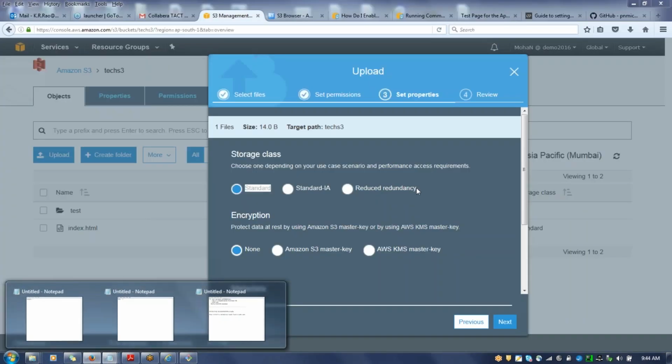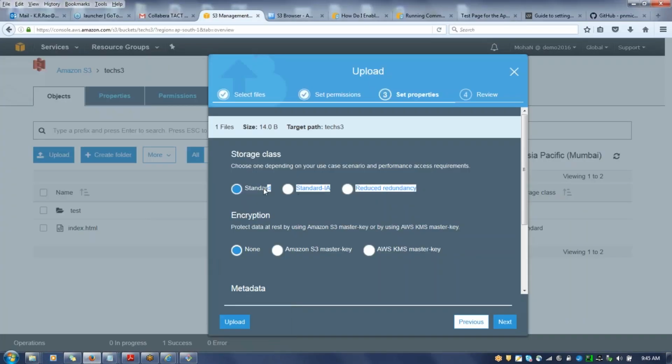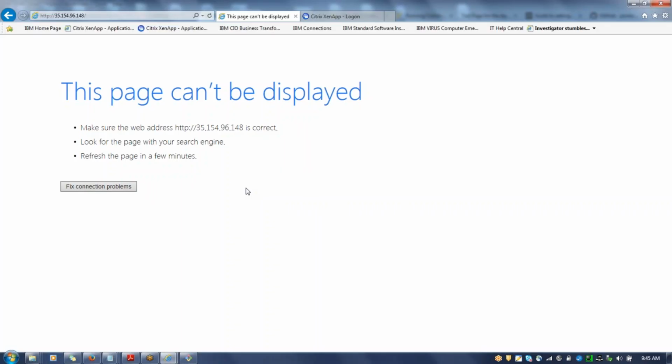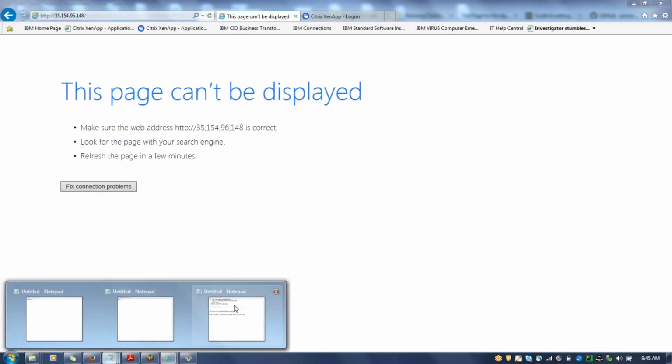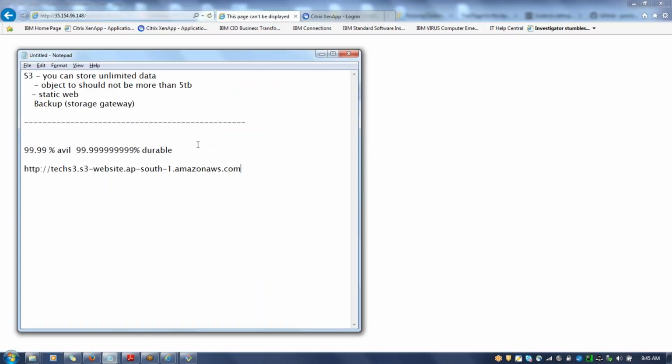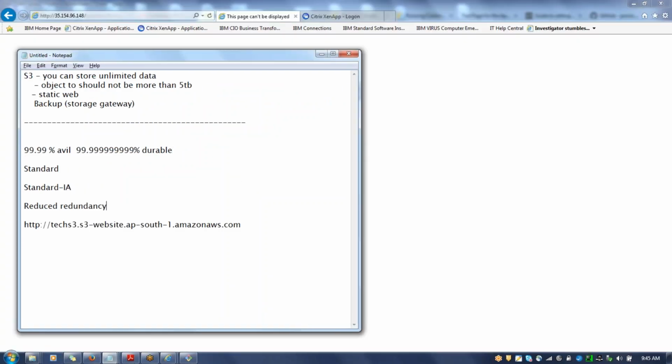This is also one of the certification questions and interview questions, I can say. There are three types of storage classes in S3. Based on your requirement, you can select the different types of storage classes. Standard will have this particular availability and durability, and standard infrequent is almost the same, with 99.99 availability and 99.99